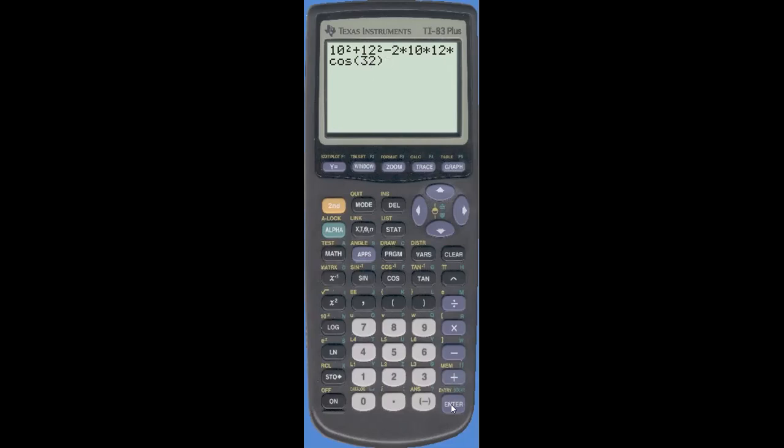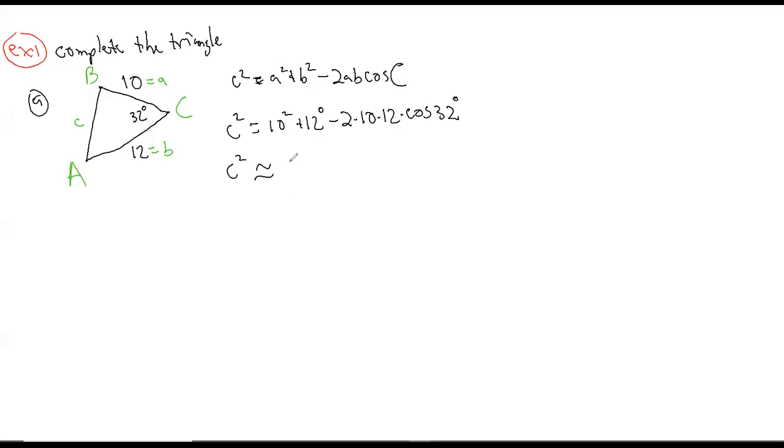Drum roll, and we're going to round this to the nearest tenth. So 40.468 is going to round up to 40.5. I did not give units, so that's just 40.5. But this is c squared. To find c, we take the square root of both sides. So we get the square root of c squared is approximately the square root of 40.5. And you could have also just done this analytically and taken the square root up here. That would have also been acceptable. So c is approximately